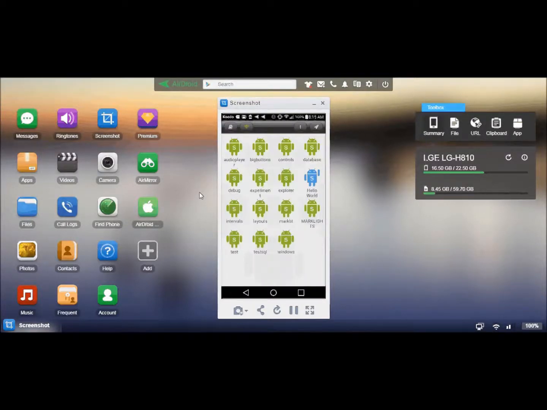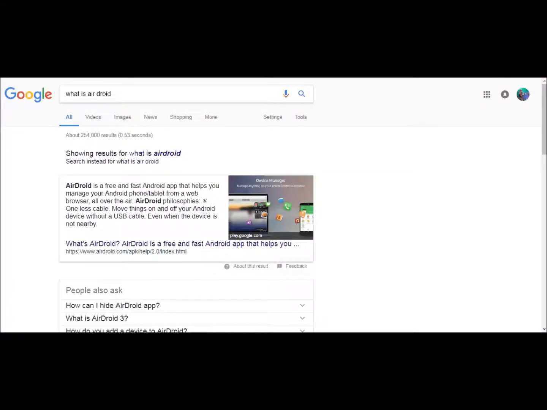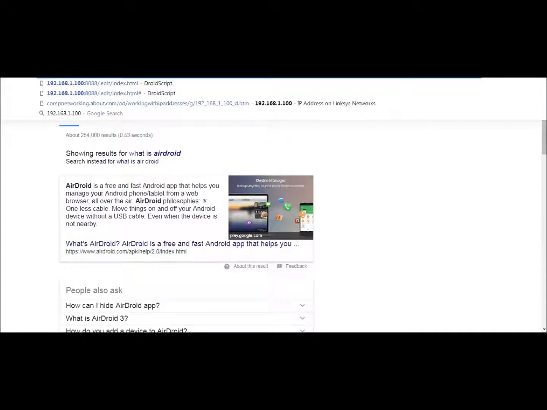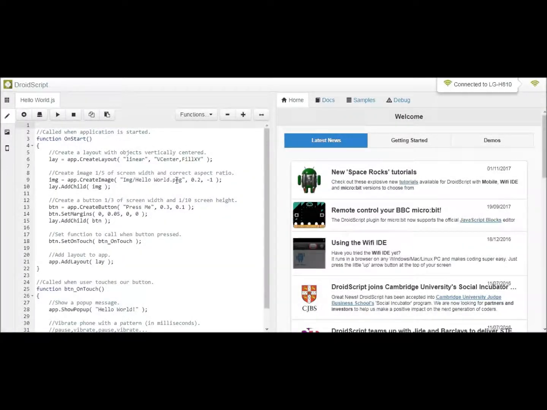But that's not the best way to do it. The best way to do it is using this icon, Wi-Fi Connect. What that lets me do is go to a PC and do all my work there and connect to the phone using this IP address. So I'm going to go to the web browser and go to that address, and I have to put in a password, ABCD, and now I'm in DroidScript on my computer